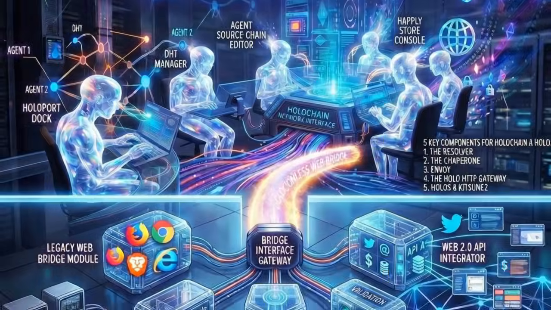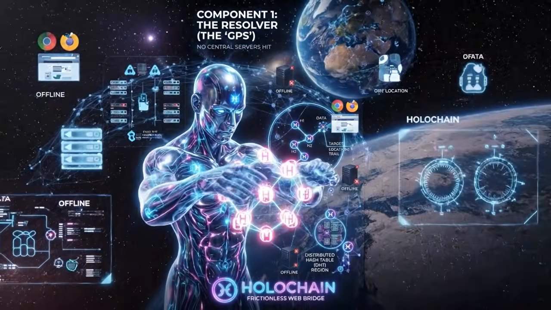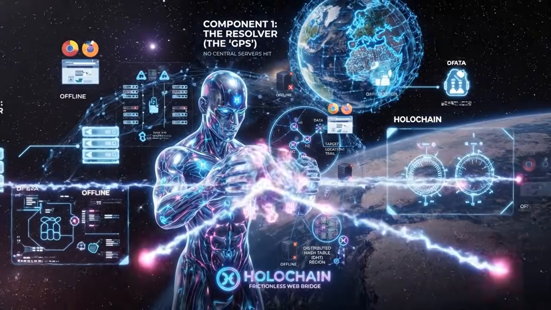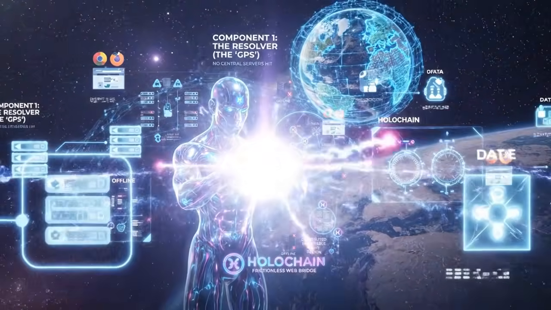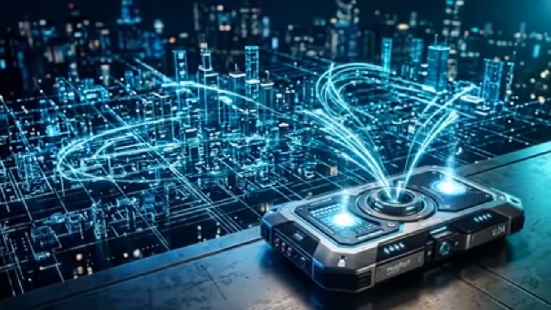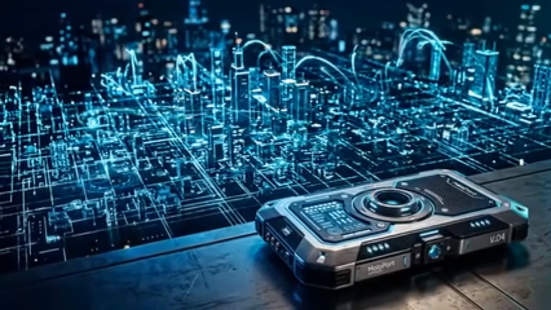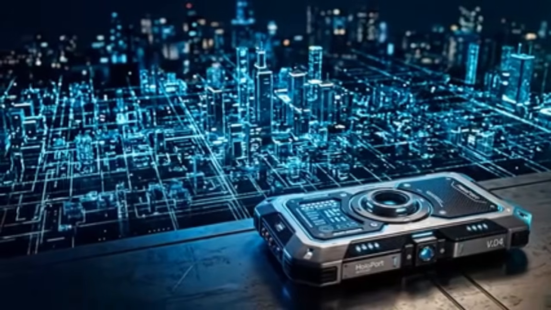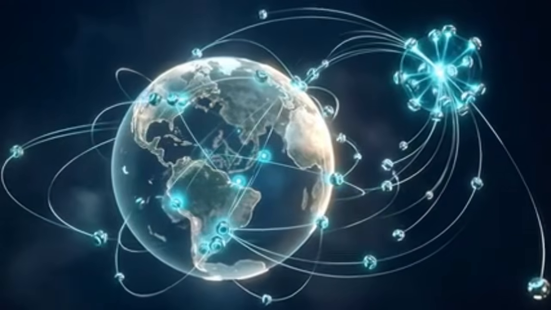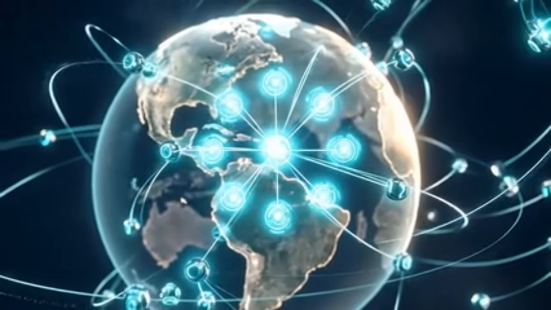Here are the 5 core components that make this possible. Component 1, the resolver, the GPS. When a user types a URL, they are not hitting a central server. The resolver is the first point of contact. It looks at the URL and resolves it to a list of active holoports or edge nodes that are currently hosting that specific app. It ensures the web traffic is distributed across the decentralized network rather than a single point